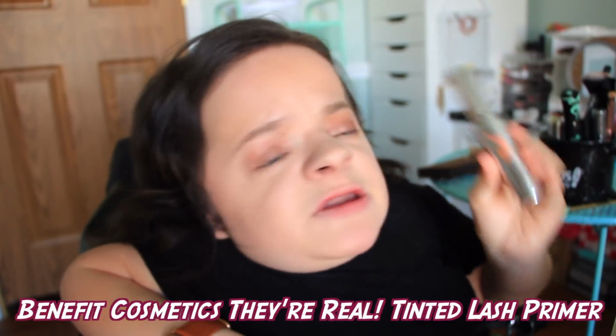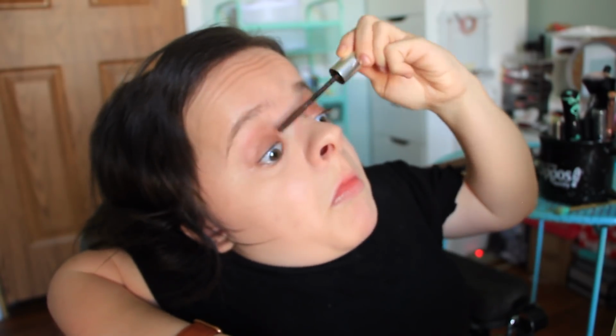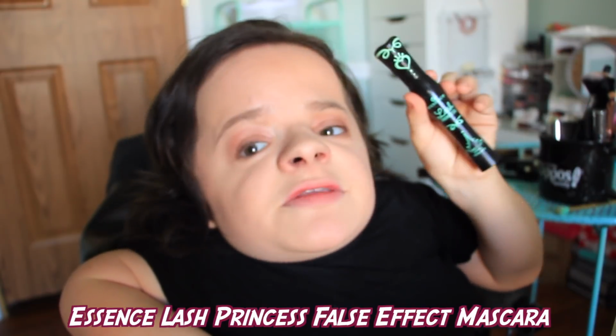Eyeshadow is finally done. For mascara, I'm going to use my Benefit Cosmetics They're Real Tinted Lash Primer. And for mascara, I'm going to be using my Essence Lash Princess False Effect Lash Mascara. I feel like that mascara made my eyelashes look a little bit funky today. It normally doesn't do that. I don't know what the problem was. Oh well, I think it's okay, and it is what it is, I guess. It doesn't look awful, but not as good as it usually does for some reason. I don't know what I did differently, but...